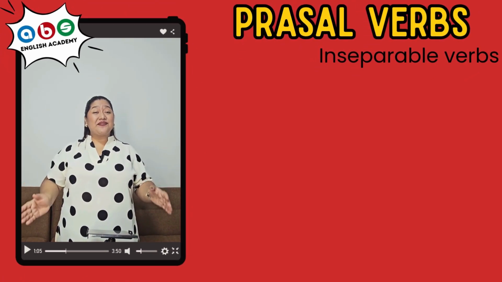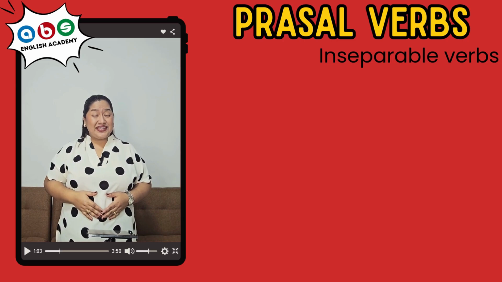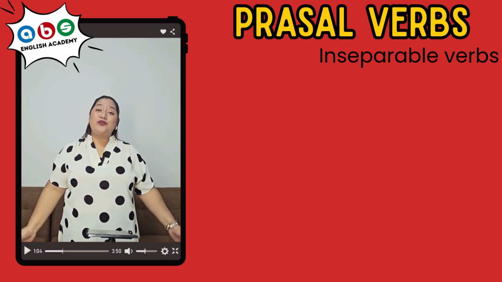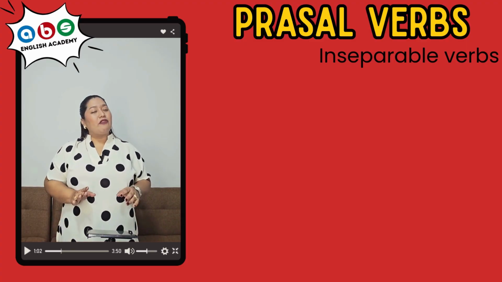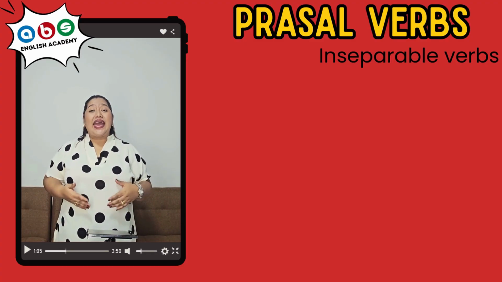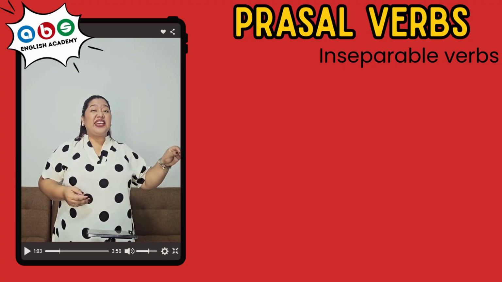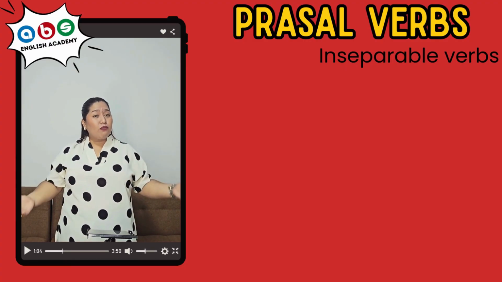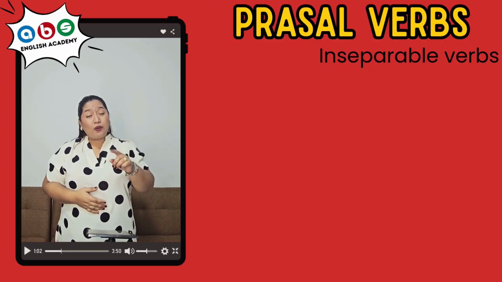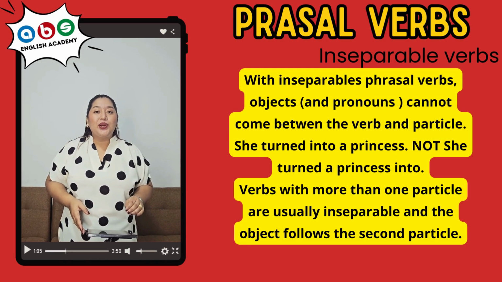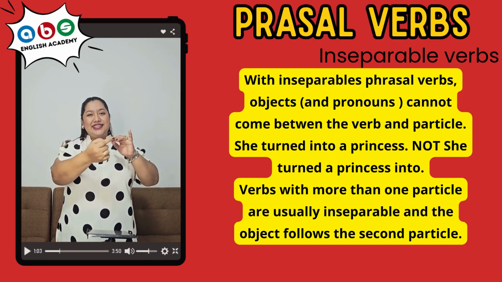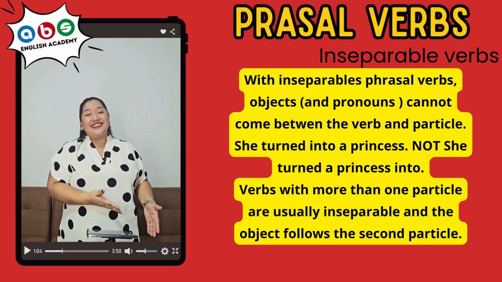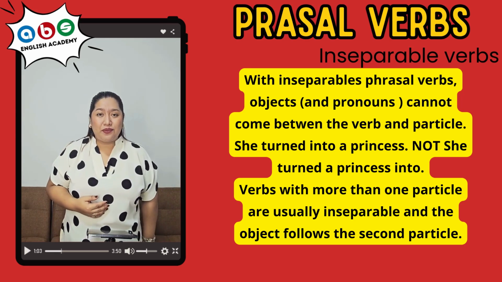Welcome again. So we have been talking about phrasal verbs. At this moment, it's time to learn about inseparable phrasal verbs. They are really easy. Why? Because you cannot place anything in between them. And they are usually formed by three or even more words at the same time. One example is look forward to. Three words, so definitely you cannot place anything in between them. They are inseparable phrasal verbs.